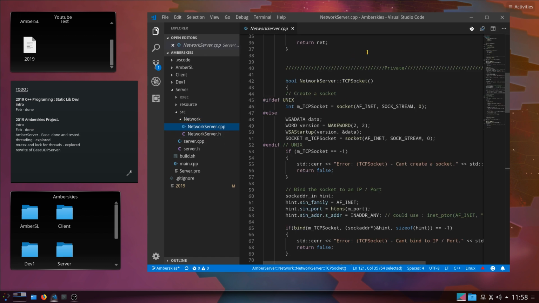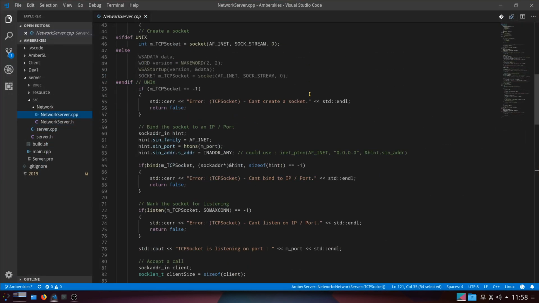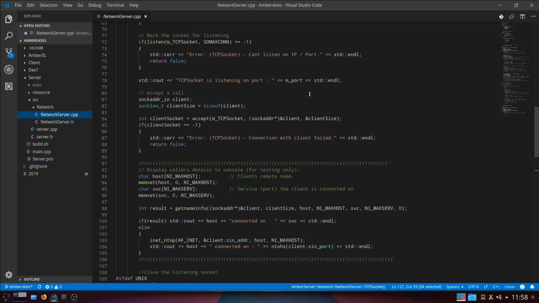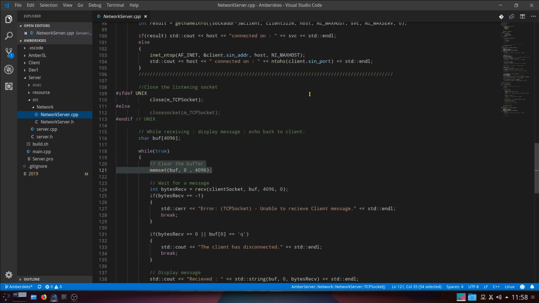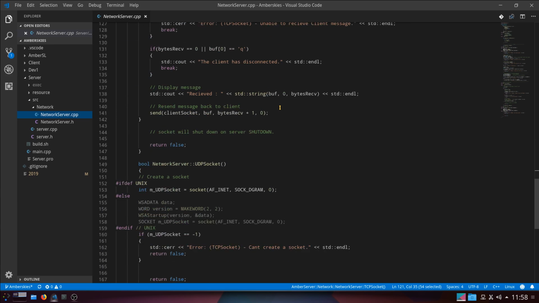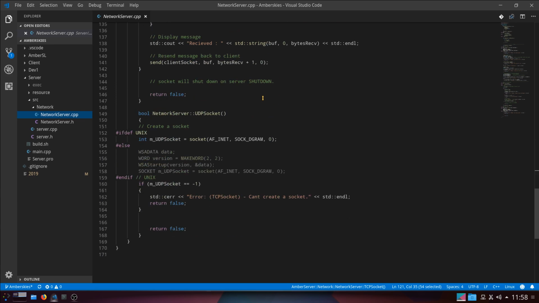So far so good. Oh look, we've got plenty of stuff here. And it's TCP sockets, display callers. Nothing going on here but the rent. Until you look at something like what's happening here. So possible.